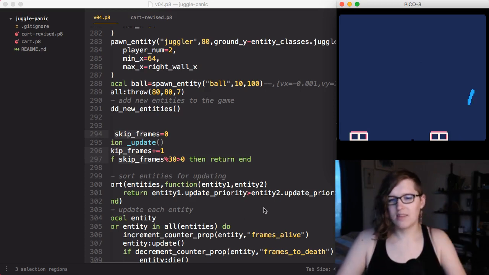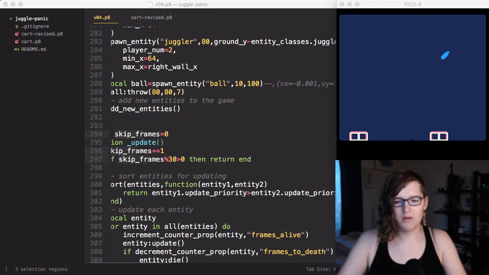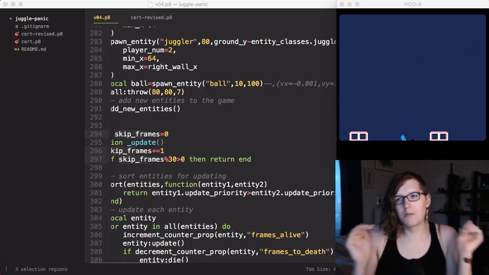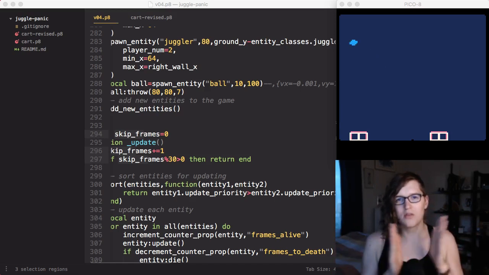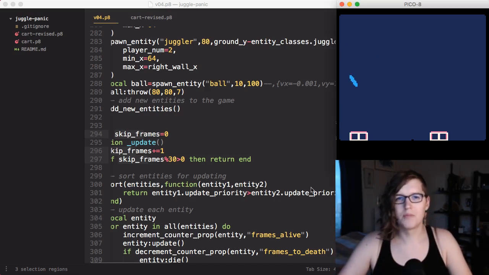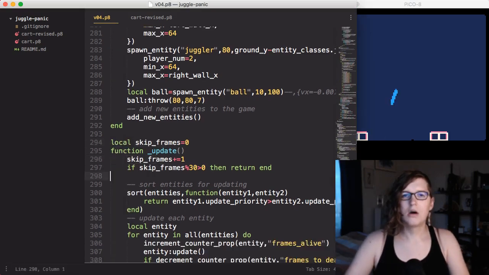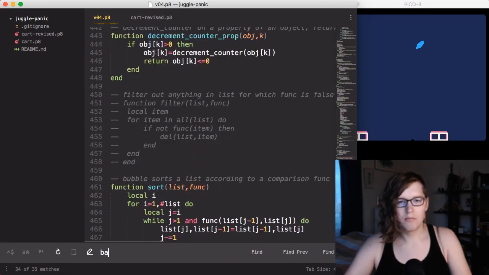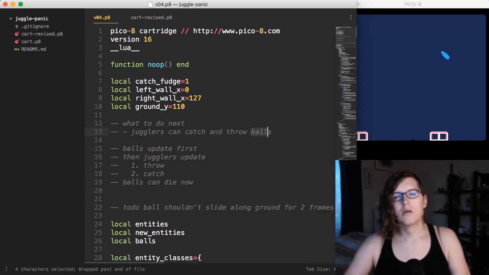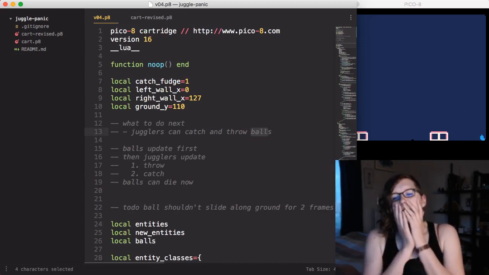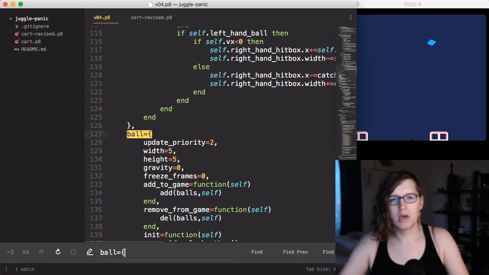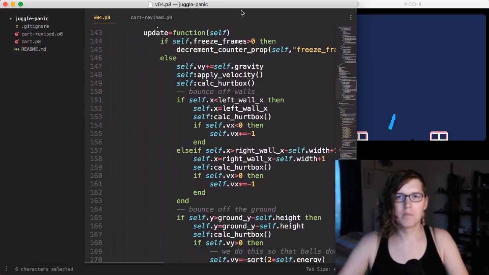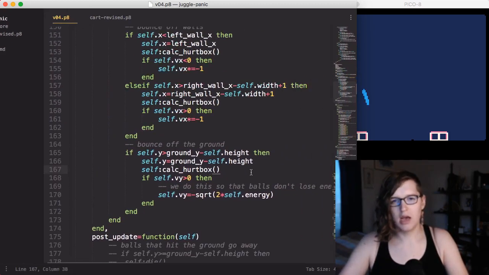Let's do one last thing for today. Let's get it so that when it bumps up against the walls or the floor, it displays its squishy state. Let's do that. So we're gonna want to go into the update method of the ball. And whenever it happens that